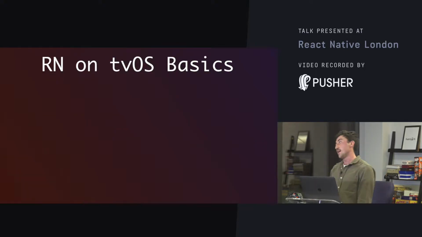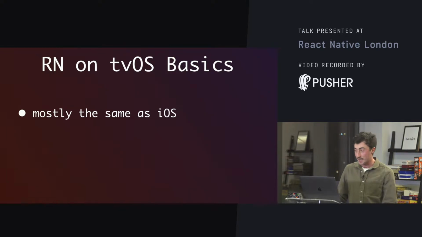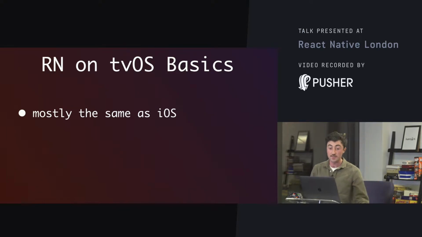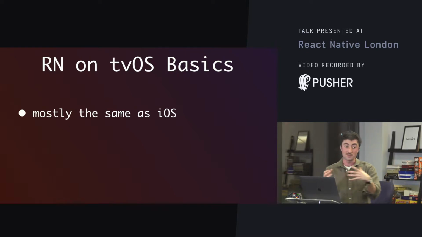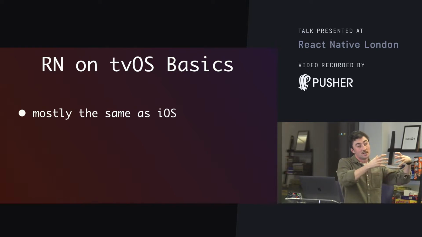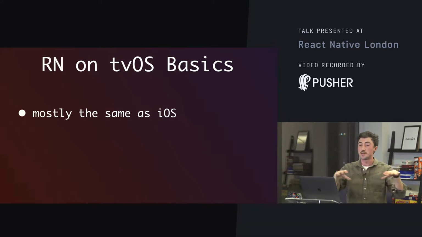So let's get into it. How does React Native on tvOS work? It's mostly the same as iOS. tvOS, the platform, is basically the same as iOS. You use the same underlying framework, UIKit, to build classes. You have UIViews. You have UIViewControllers. It's the same underlying thing. There are just subtle differences,